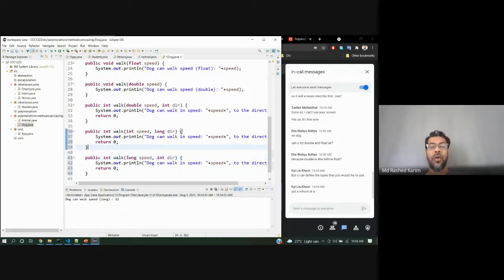But now what will be called? This is ambiguity. So let me check, and I want to put it void, okay? So void, no return is required.